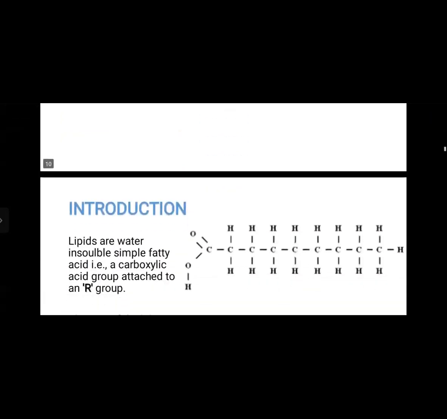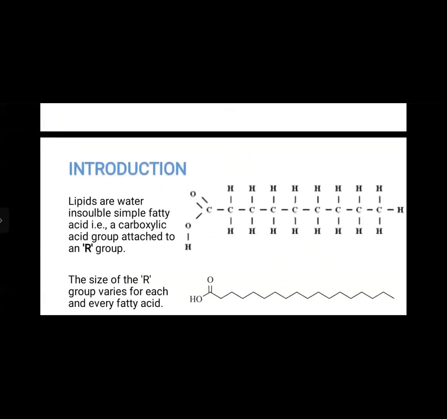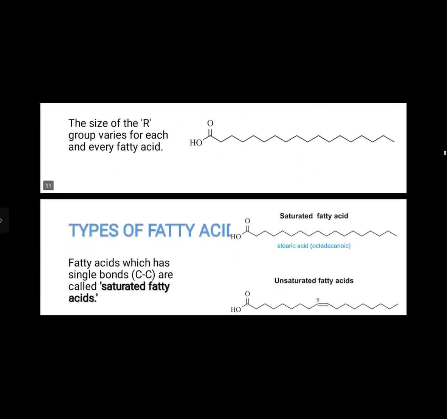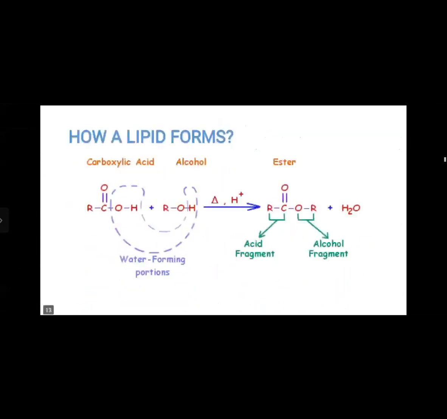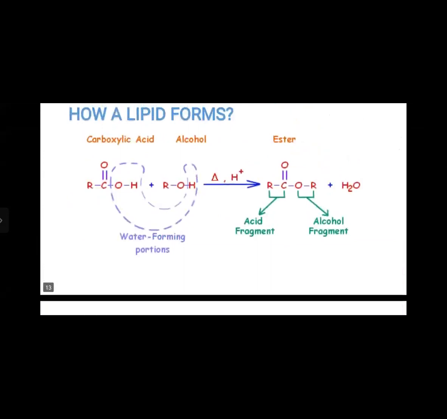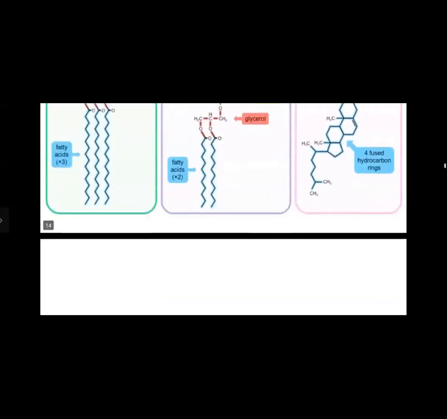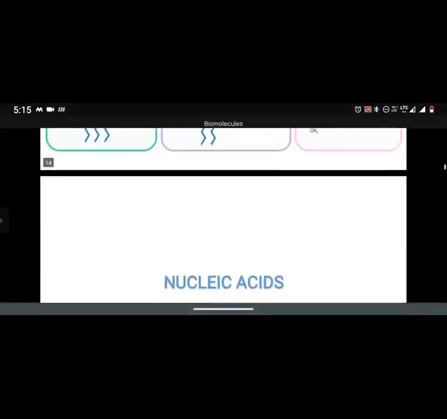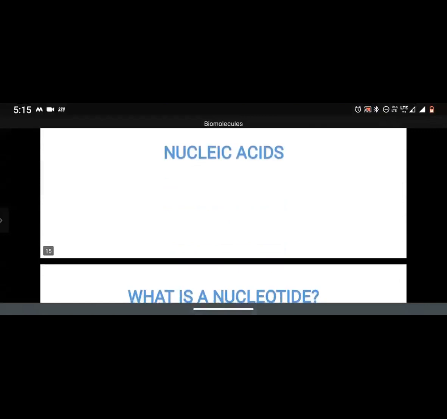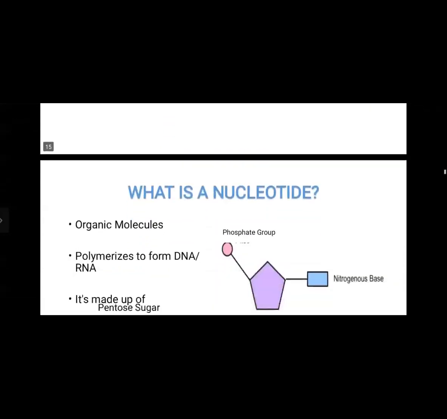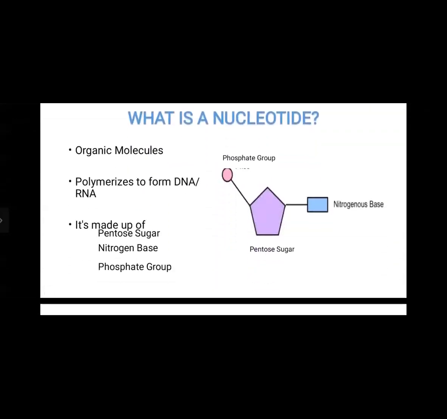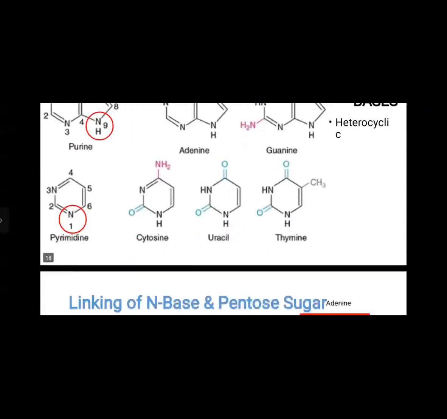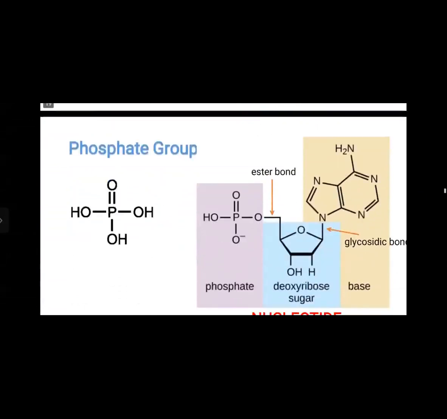These are the esters of fatty acids, right? And how the ester bond is formed between the carboxylic acid group and the OH group. We also discussed nucleic acids, what a nucleotide is, and what the different types of bonds involved are. Okay. So in today's class, let us talk about